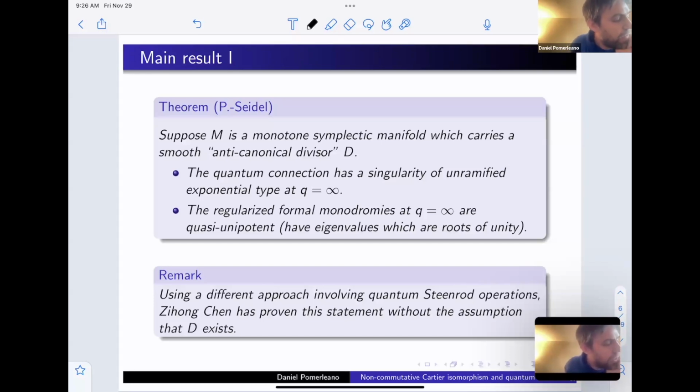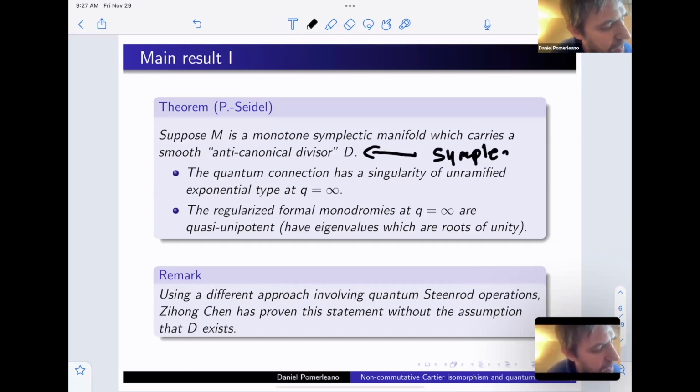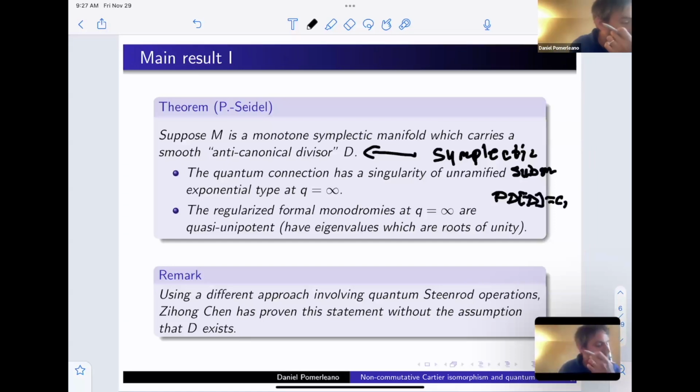But anyways, what we proved was that if M is a monotone symplectic manifold, and we assume that it carries what we call a symplectic or smooth anticanonical divisor. What that means is that we have a symplectic submanifold D which is Poincare dual to the first Chern class. So the Poincare dual of D is c1,